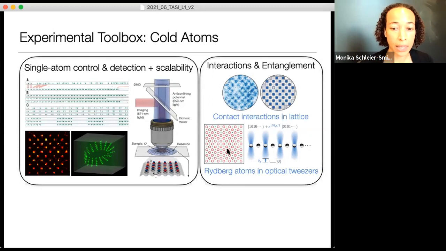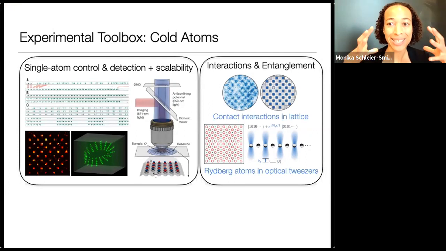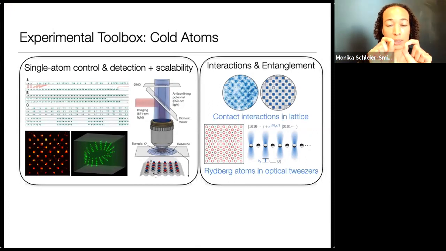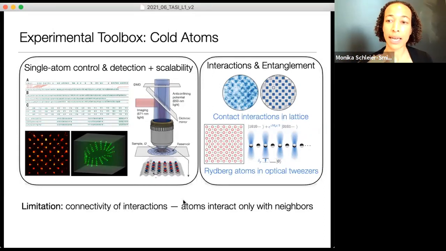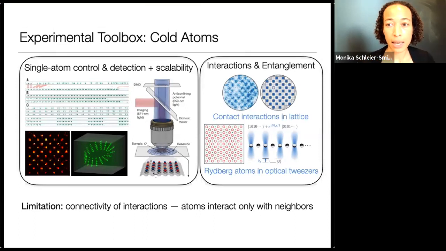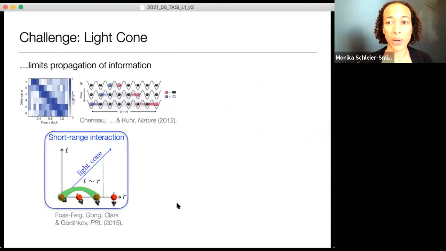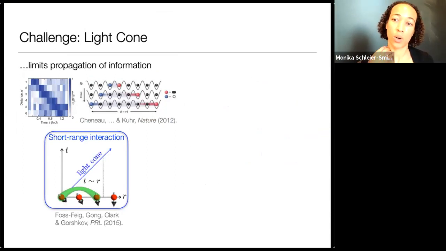One can also have somewhat longer range interactions if you excite atoms to, let's say, Rydberg states. So the electron is in a highly excited state, then atoms can interact over distances of several microns, and then you can have atoms in individual separate traps that talk to each other over a longer range. But still, one of the limitations in most of these systems is that atoms only interact with their neighbors. So interactions quite generally tend to be local and decay with distance. And that actually turns out to be perhaps a problem if you would like to study something where information spreads exponentially quickly over all degrees of freedom.